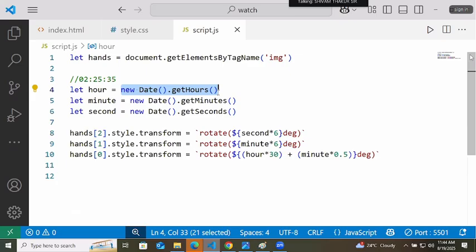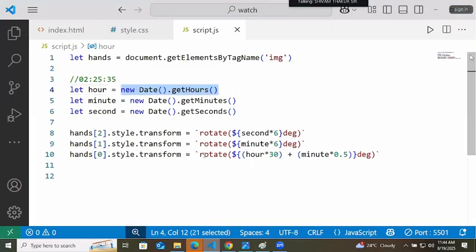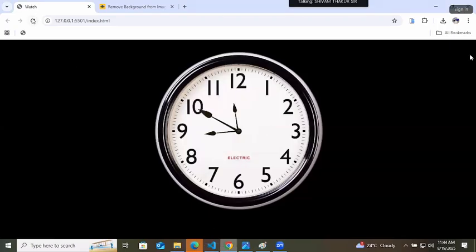Now let's say it is giving you 14 hours. 14 means around 2, and it shows correctly, because rotation repeats itself after a 360-degree angle, so no problem if that is given. Okay, now this clock is working up to the current time.